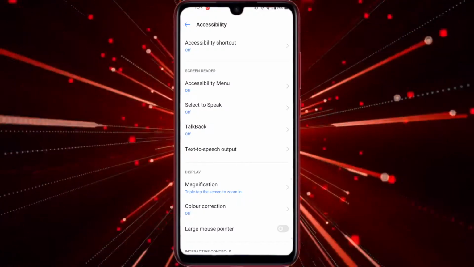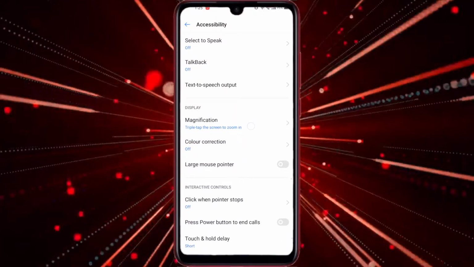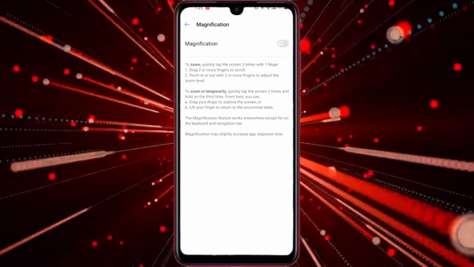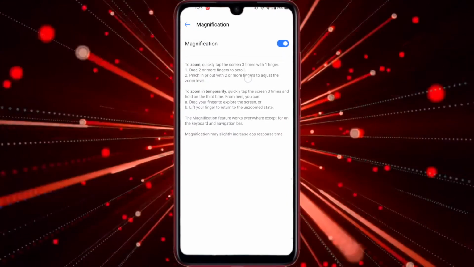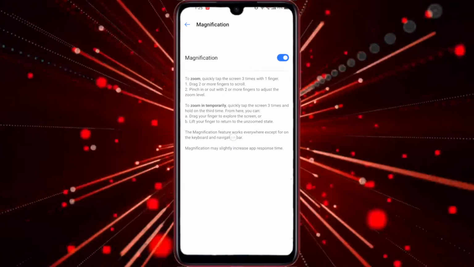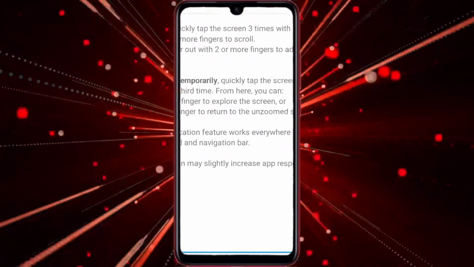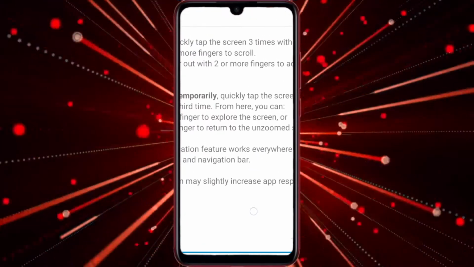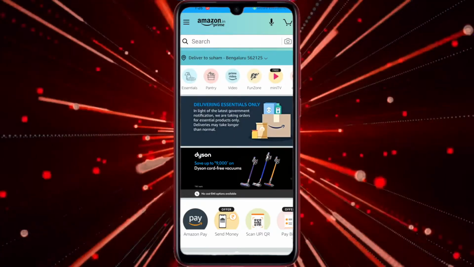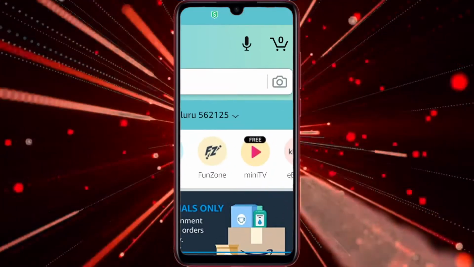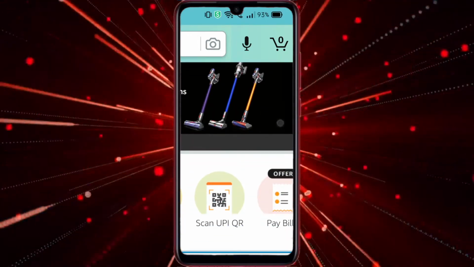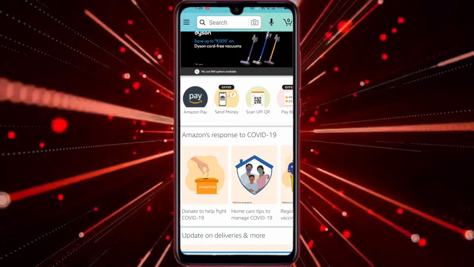How you need to do this is you go to Settings, and then click the option Accessibility. Under Accessibility you will have an option of Magnification. Once you switch on the magnification option, you have to tap thrice to get the magnified version of the photos or videos that you want to see, and you can tap thrice again to cancel that option. So I think this is a very useful option which you can use.